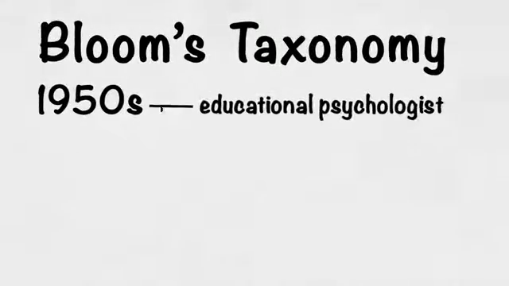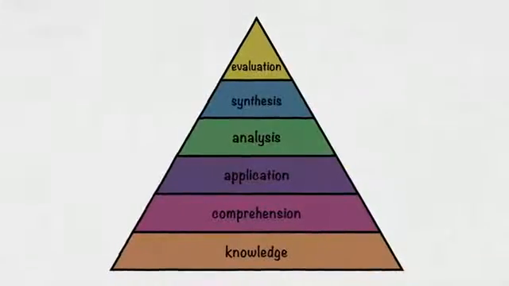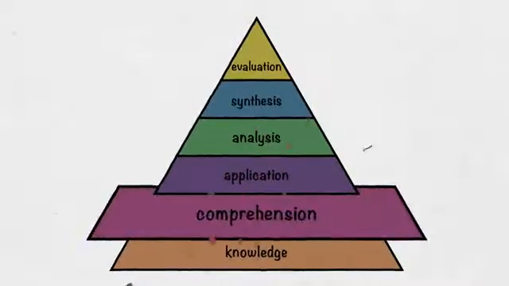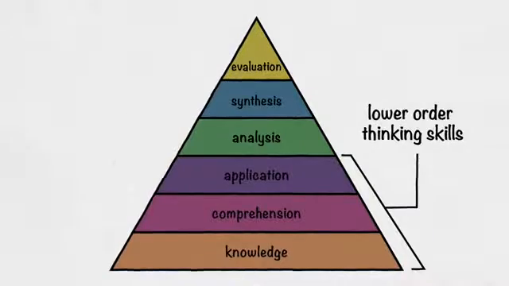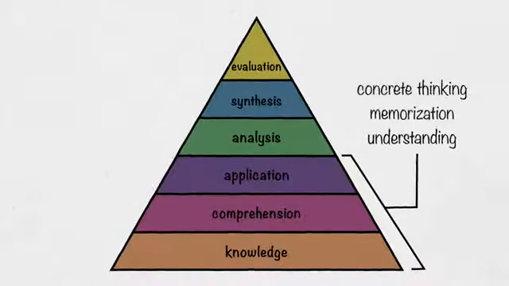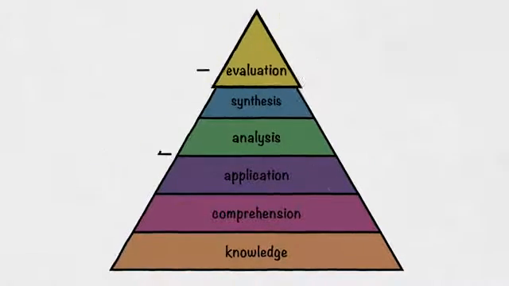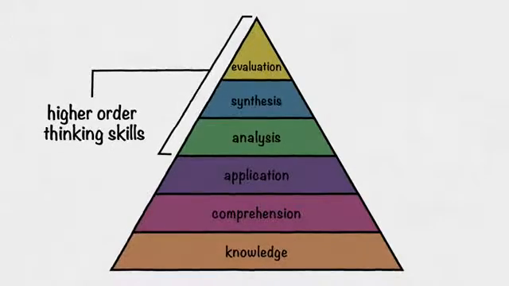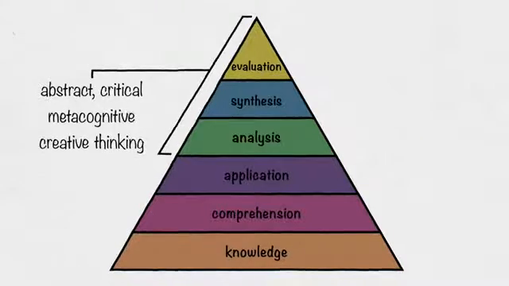Bloom's taxonomy was created in the 1950s by educational psychologist Benjamin Bloom and his colleagues. The three lower levels, knowledge, comprehension, and application, are more basic levels of cognition, also called lower-order thinking skills. This would include concrete thinking, memorization, and understanding. The three upper levels, analysis, synthesis, and evaluation, referred to as higher-order thinking skills, include abstract, critical, metacognitive, and creative